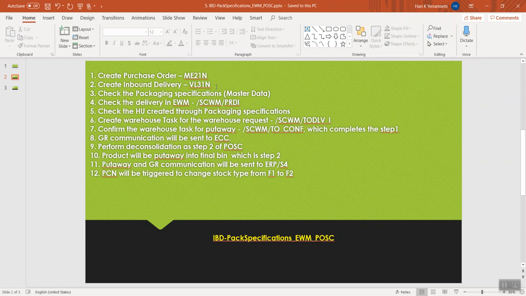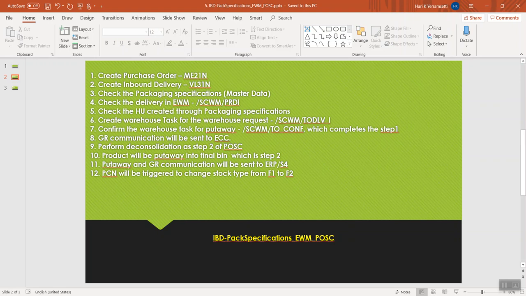So once the inbound delivery in ECC is created and distributed to the EWM system, the packaging specifications will be determined, and when we look at the delivery in the EWM system, we will see the products and their quantities are packed into handling units automatically. That will happen using packaging specifications.